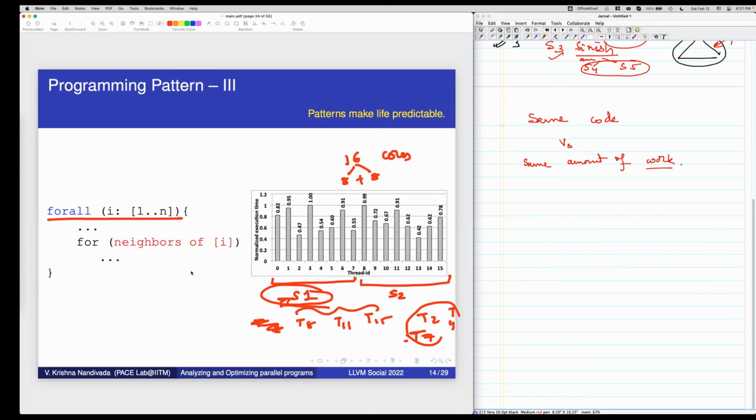Is this idea clear that only because of this critical path, both T3 and T8, which are on two different sockets, neither of S1 and S2 can be slowed down? Otherwise, your overall program will take more time to execute. But if you take all the threads which are taking more time and put them in one socket, and the threads which are taking less time on the other socket, I can either finish work early and go to sleep. That's also a possibility. Am I making sense? Such problems don't exist in serial codes.